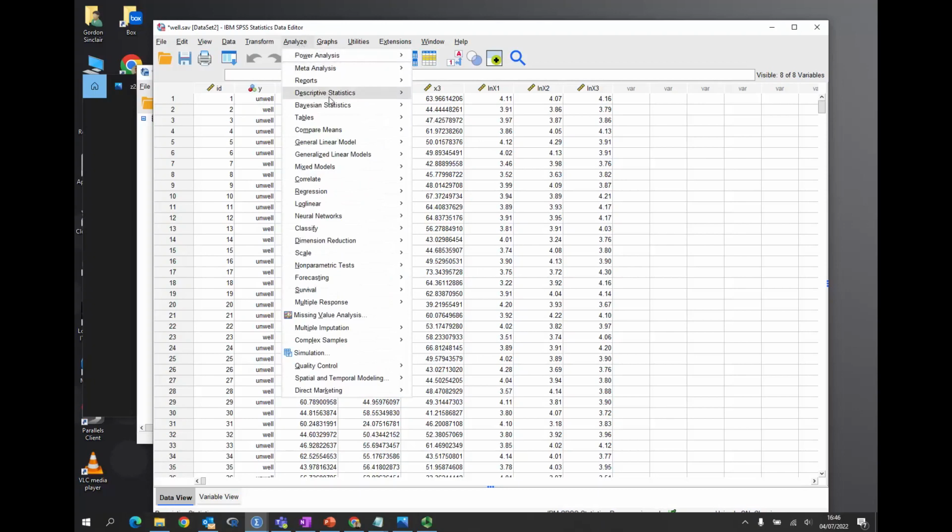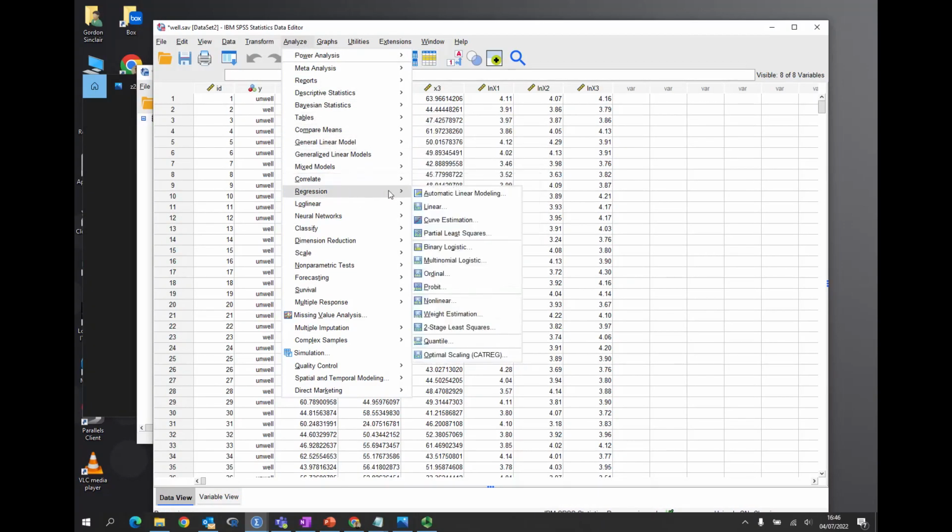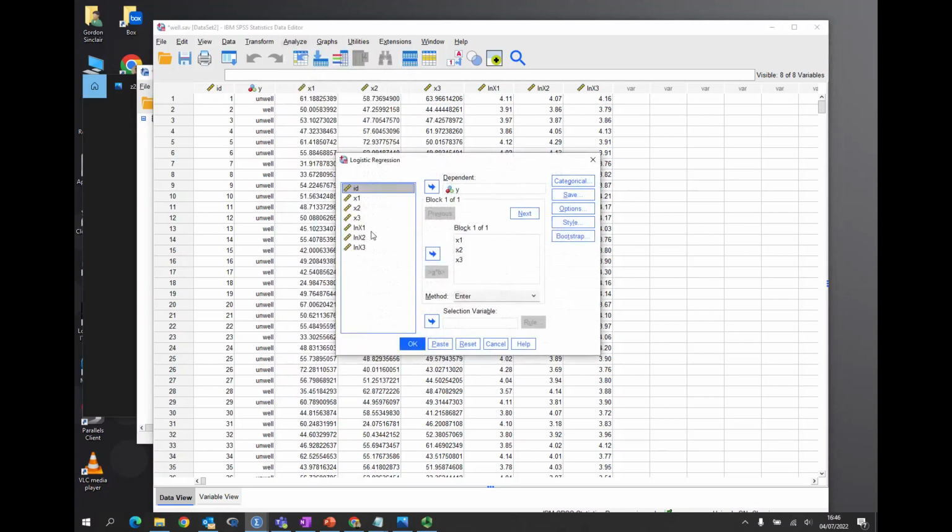So we're going to analyze, and we go into the regression and drop down to the binary logistic regression, and we will reset. We want the dependent variable as y, the independent variables are as they will be, and then